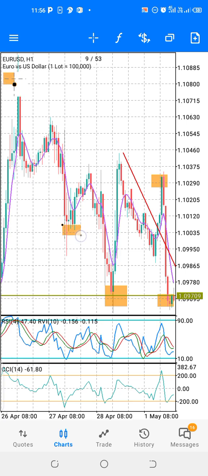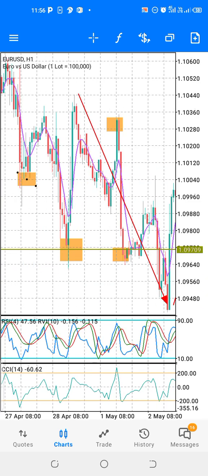The distance between here and here is a bit higher compared to the distance between this and this area. Therefore, it means that the trade is almost at the turning point,